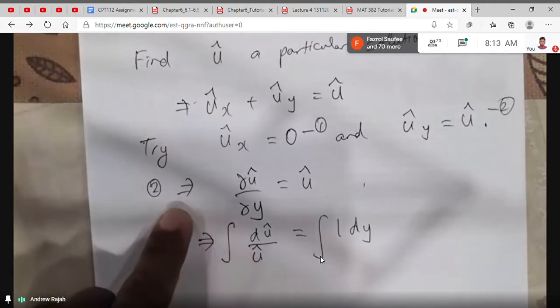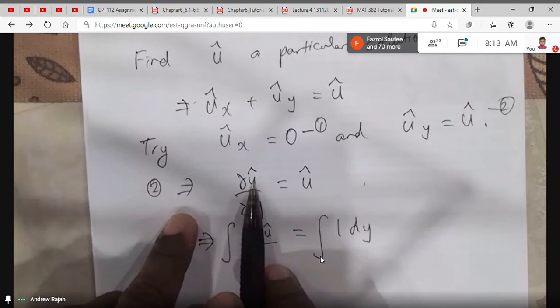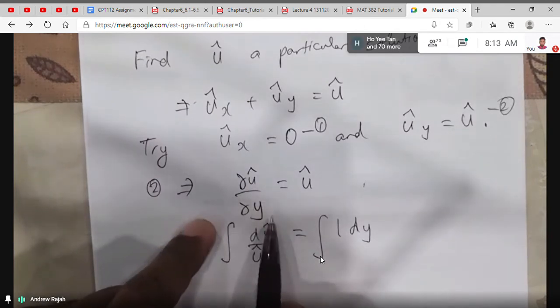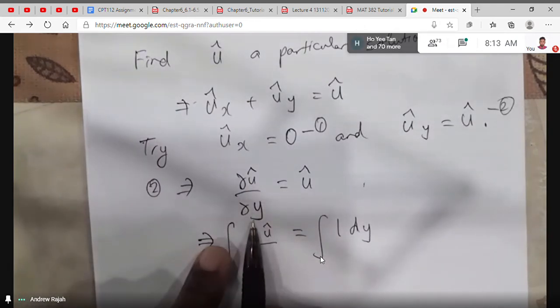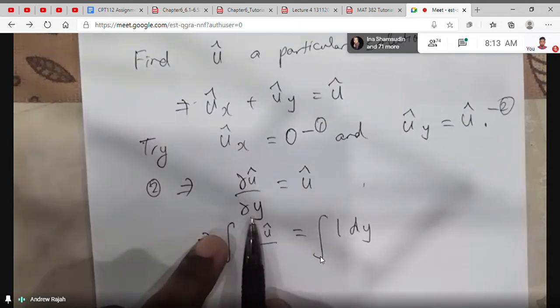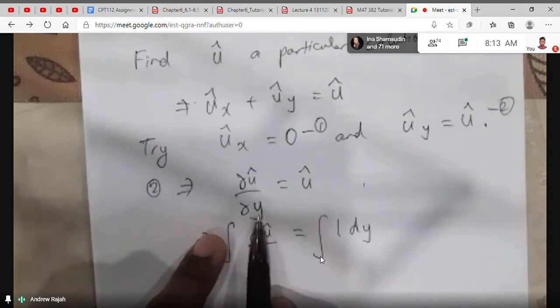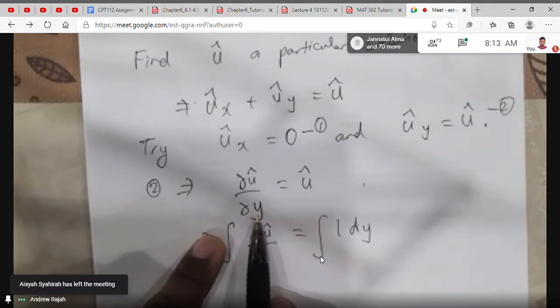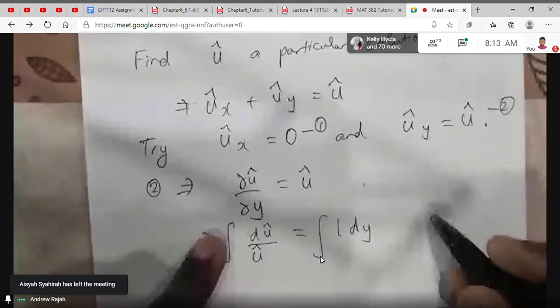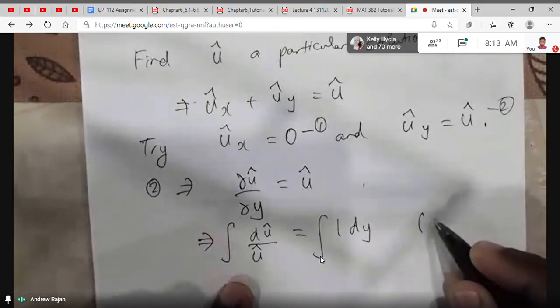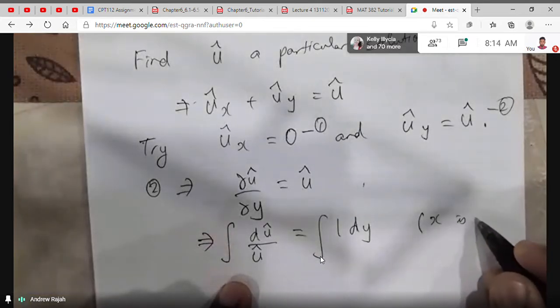So since u is a function in x and y, when you find del u hat del y, you are assuming x is a constant. Alright, so when you integrate this, you put x is